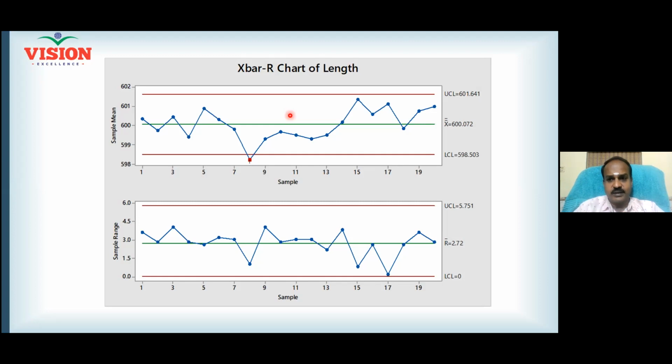That will happen only when your X bar chart is under control. How many of you understand the importance of X bar chart now? First day, all the production has been sent to Chennai. Second day, the production has been sent to Delhi. Third day, production sent to Bangalore. Fourth day, production sent to Hyderabad, Kanpur, so many places. Do you understand? You expect all the customers throughout India to have the same taste. That is reflected in your X bar chart.